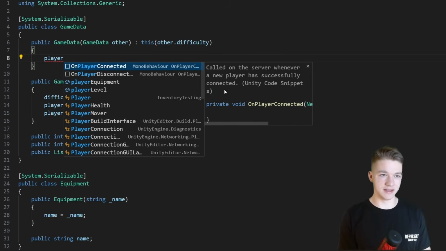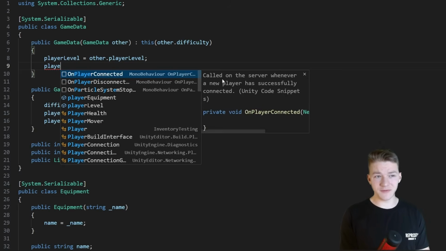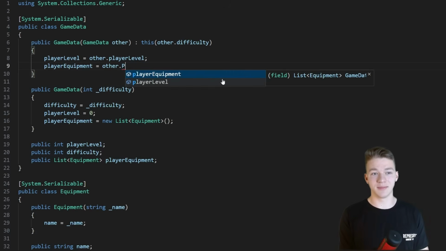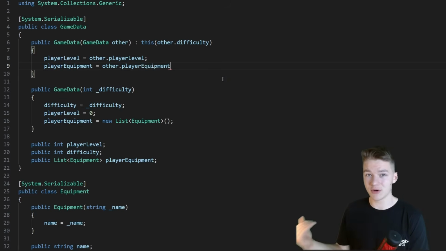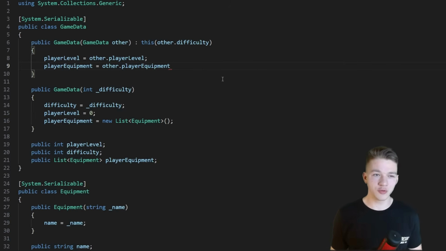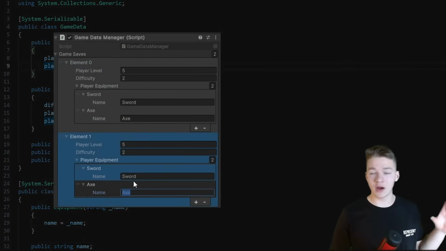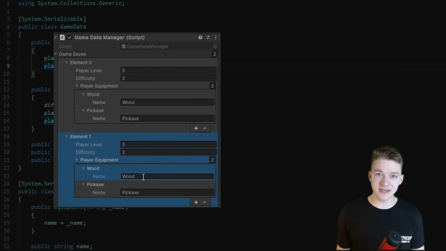So I'm going to set the player level. And now, what are we going to do with the player equipment? We could definitely set it the same way, so player equipment is equal to other.player equipment. But in this case, the player equipment is a list storing some objects. And because objects are reference types, if we would set it this way, we would only be setting the references to the same objects. This would mean that if we would change the equipment of one of the game datas, it would also automatically change on all of the other game datas, because they would be simply referencing the same